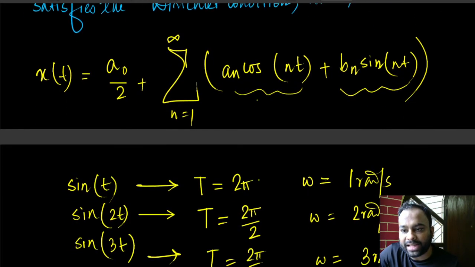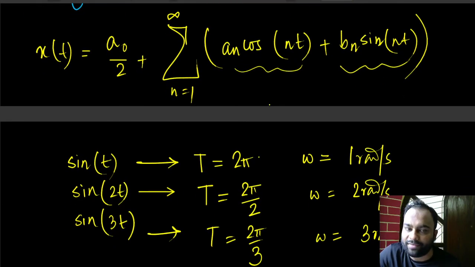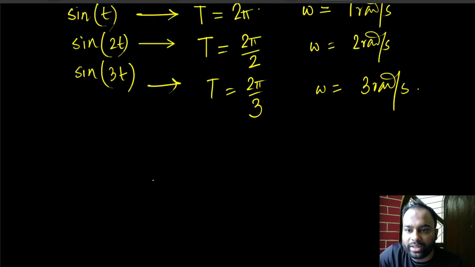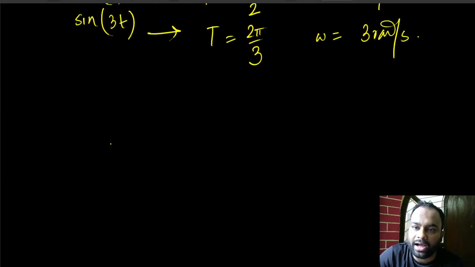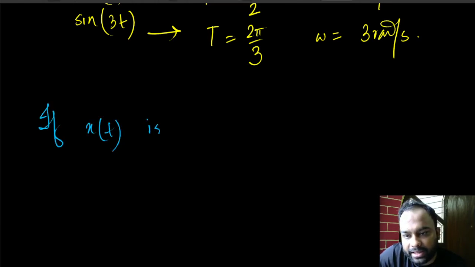So the fundamental sinusoid present in this should also have a fundamental frequency of 1 radian per second, and the other signals would have 2 radian per second, 3 radian per second, and so on frequencies, right? So now with that said, if I change everything and say if x(t) is